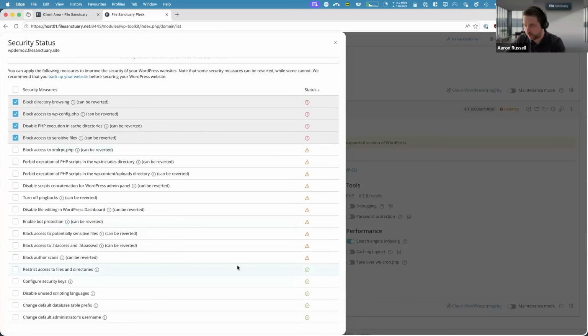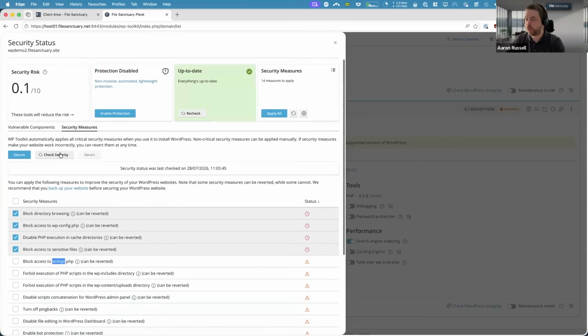We're doing these things with green ticks. These things are all doing okay. All of these red things are high-risk things that we probably want to be patching, and then we can optionally do all of these yellow ones as well to make sure we're protecting against those. So things like bot protection or blocking access to XML-RPC features and things like that.